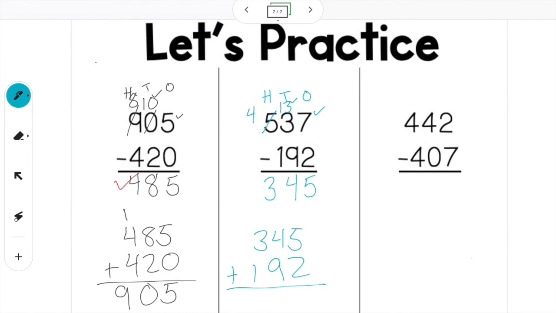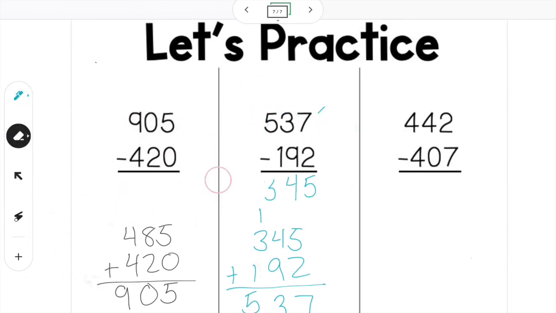So 5 plus 2 is going to be 7. 4 plus 9 is 13. I got to put the 1 over to the hundreds place. 1 plus 3 is 4. 4 plus 1 is 5. So my answers do match up. Great. All right, I'm going to go ahead and kind of erase